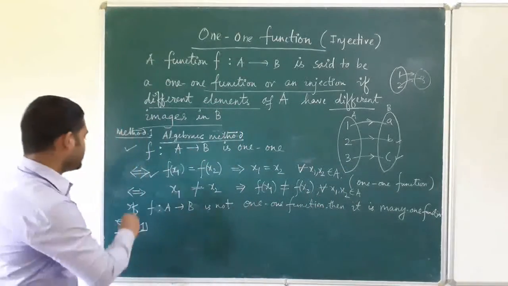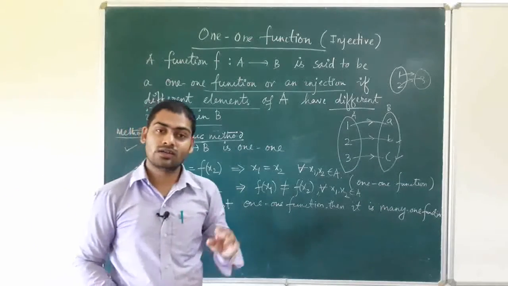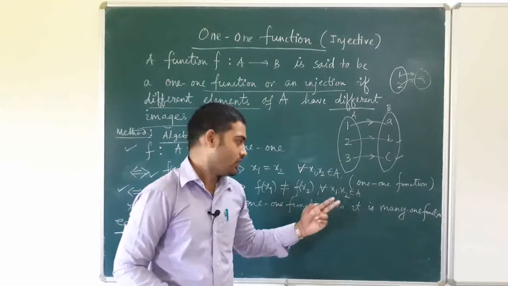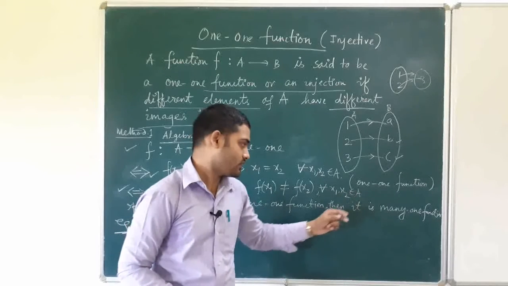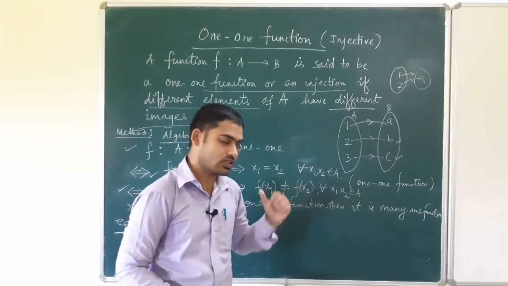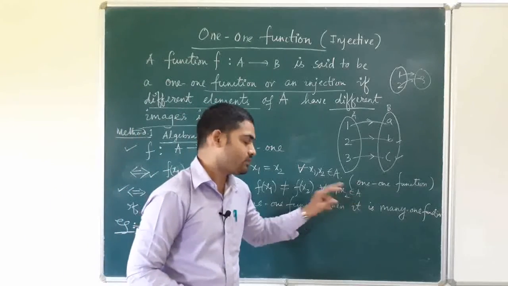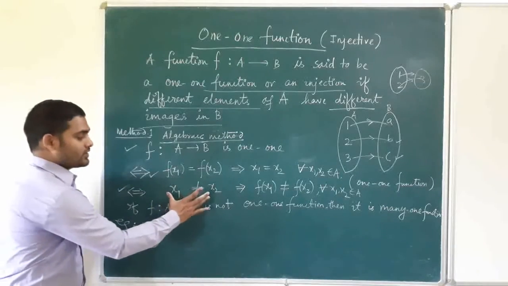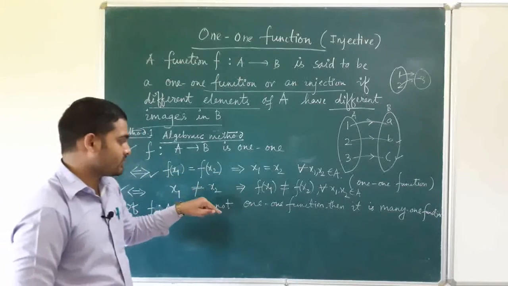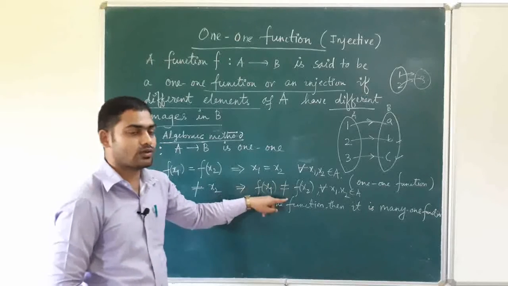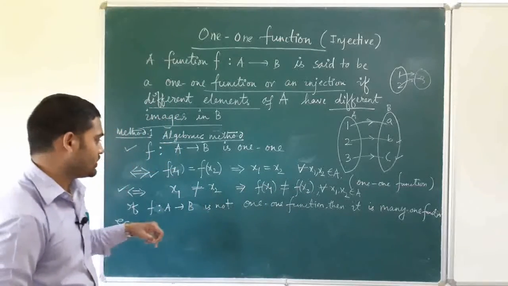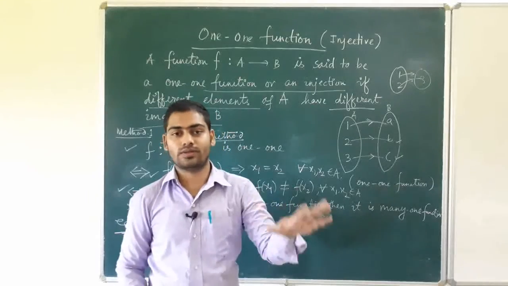And another way to check a one-one function is, first you consider two elements, suppose x1 and x2, elements of set A, for all values of x1 and x2 belonging to set A. If x1 and x2 are different, and you are getting f of x1 also not equal to f of x2, then we can say yes, the function is a one-one function. For example,